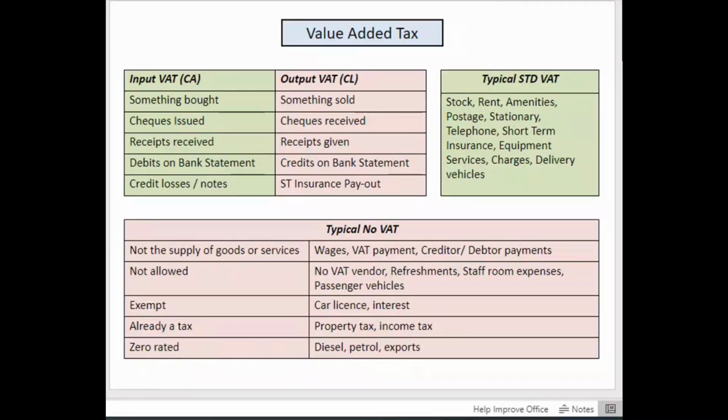When we talk about value added tax, this is stuff that you did in bookkeeping already, but I'm just going to run through it again. So there are certain things that you will record input VAT against, obviously that being a CA, which stands for